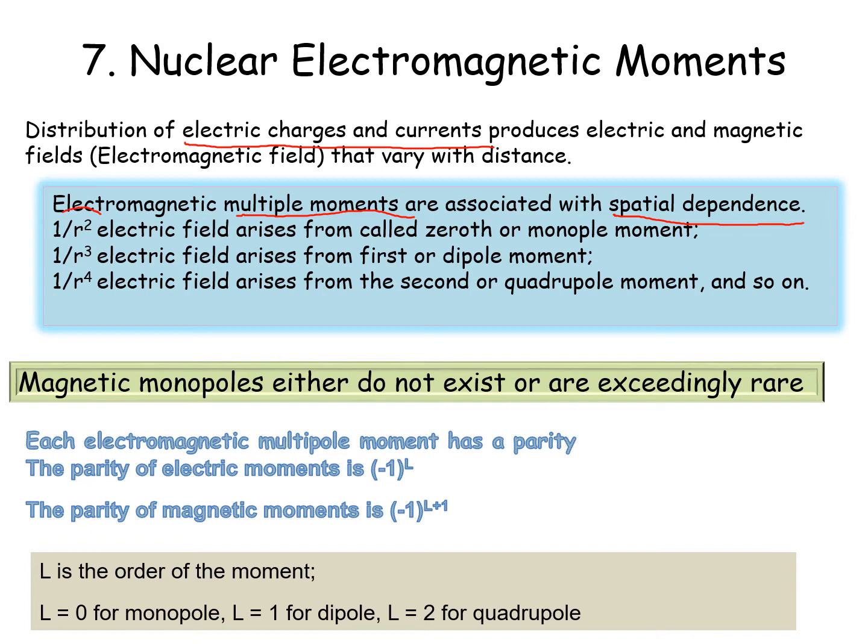If we have 1 upon r square, then the electric field arises from the zeroth or the monopole moment. If we have 1 upon r cube, it means that the electric field arises from the first or the dipole moment. And if we have 1 upon r to the power 4 dependence, then the electric field arises from the second or the quadrupole moment, and so on. So one important point to remember here is that the magnetic monopoles,